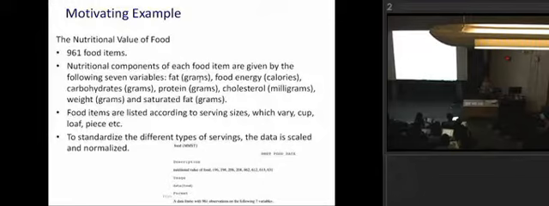And so I happen to have a collaborator at Roswell Park that looks at flaxseed, the use of flaxseed and different health outcomes. And there, the nutritional data is so large and so sparse that PCA ends up being kind of the mainstream technique for that type of analysis. So the food data is interesting, and we also have them listed according to serving sizes. That's somehow standardized in this data set. This data set comes from the MMST package, which is no longer supported in R, but it's part of a book that I like to use by